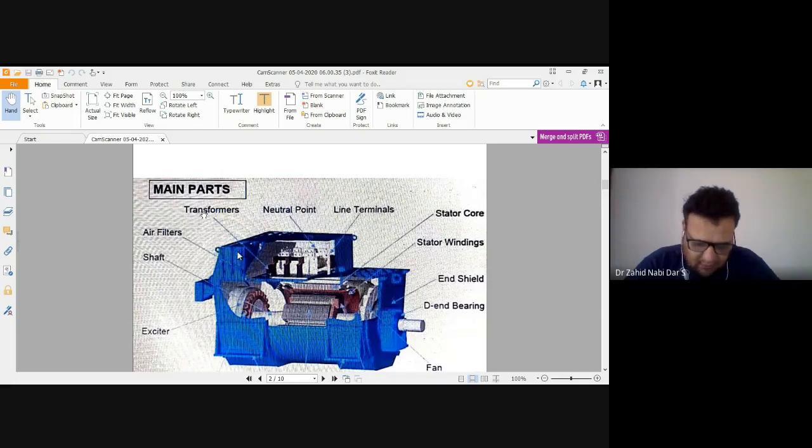Now let's suppose a synchronous motor. In case of a motor, you are giving supply. There is no turbine over here. So you have a DC brushless exciter, so your rotor is becoming an electromagnet, and it is starting with the help of the amortisseur winding. It will get the starting torque.